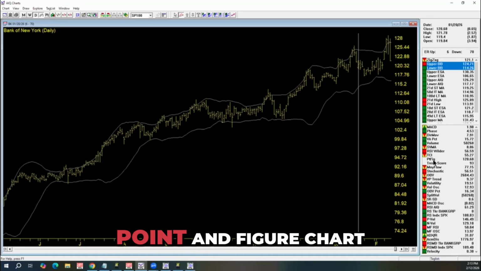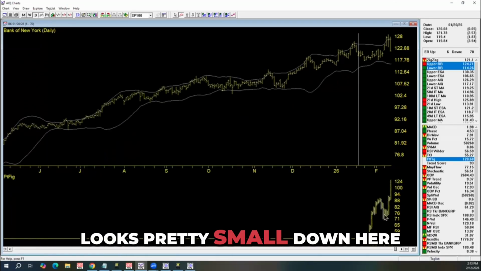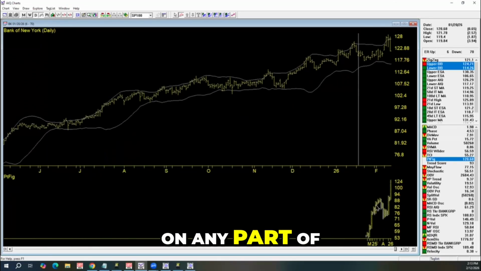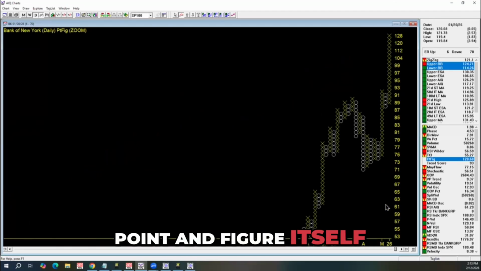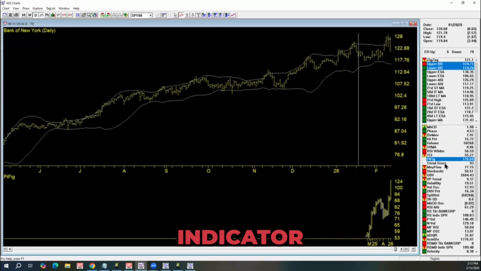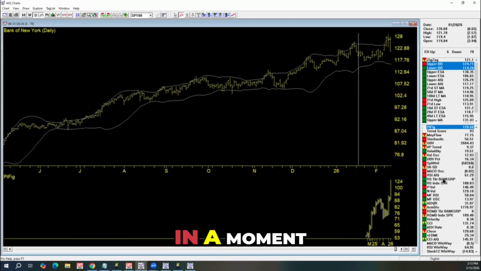We also have a point and figure chart. So if you're familiar with the point and figure, it looks pretty small down here. By the way, you can do this on any part of the chart. You put your mouse over and hit the zoom key, and you can see then the point and figure itself. Some people love that. Pretty cool indicator. We also include some very specialized stuff for us, which we'll get into in a moment,